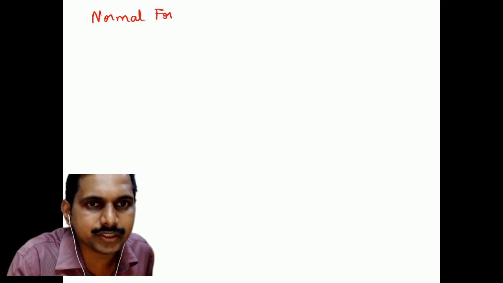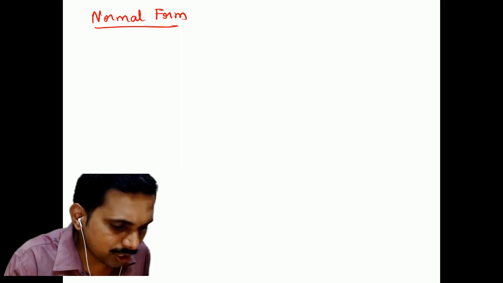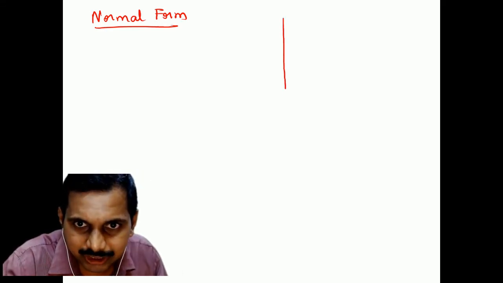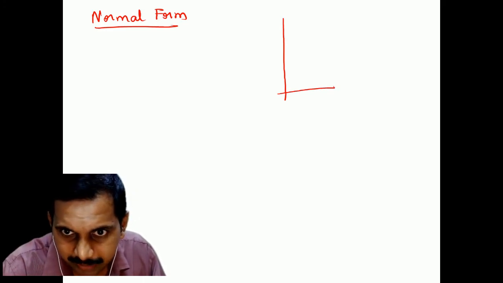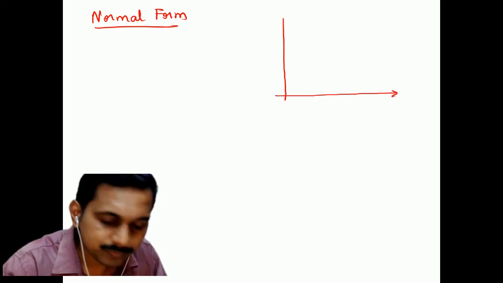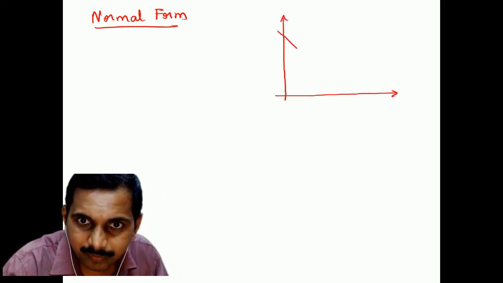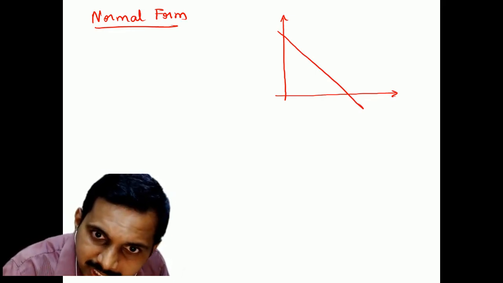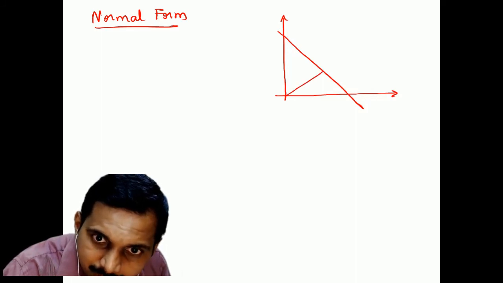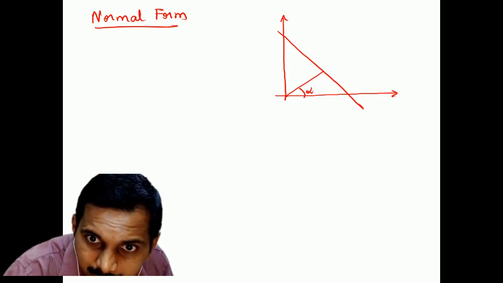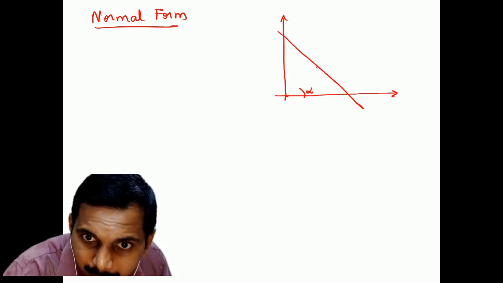All the types of lines, normal form. How is the normal form? Now in case, okay, it's a bit complex to understand initially, then it becomes clear. Write it neatly. So if I have a line like this, okay, and then if I say there is a normal to this line from the origin at an angle alpha, this is normal to this line, that means it is perpendicular. I'll write the perpendicular property, I'm sorry.